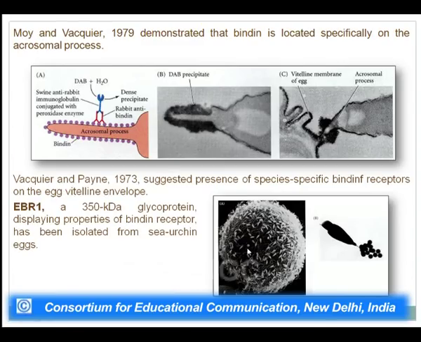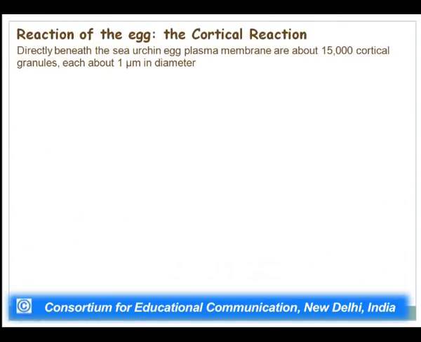So, they are not distributed on the entire surface, but they are clustered at certain sites. So, this binding again provides a species specific recognition. Now, this was all about the action of the sperm, when the sperm is coming and binding to the